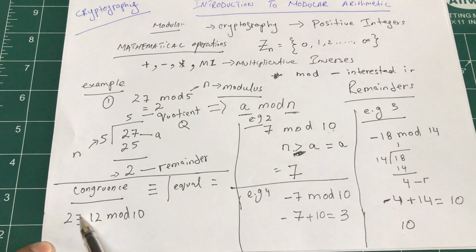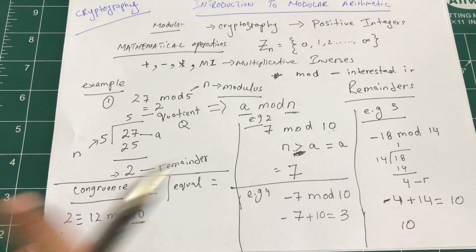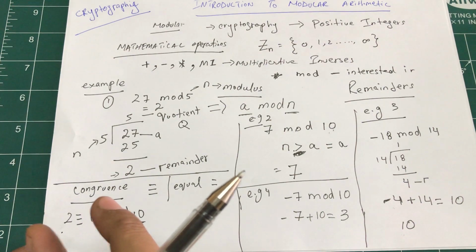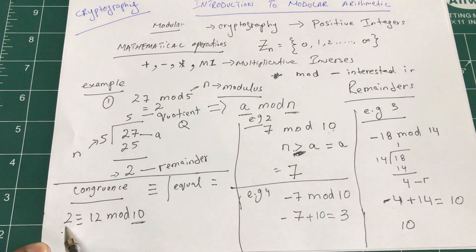But since I have a congruence operator, what the congruence operator does is, not just 12 mod 10 will give you 2. What about 22 mod 10? You will also get 2. What about 32 mod 10? You will also get 2. So many values in this modulus domain would give you this number. On the other hand, equals means this value is equal to this, while in congruence many different values of your number would map into the same value. So this is one of the operations that we like to use